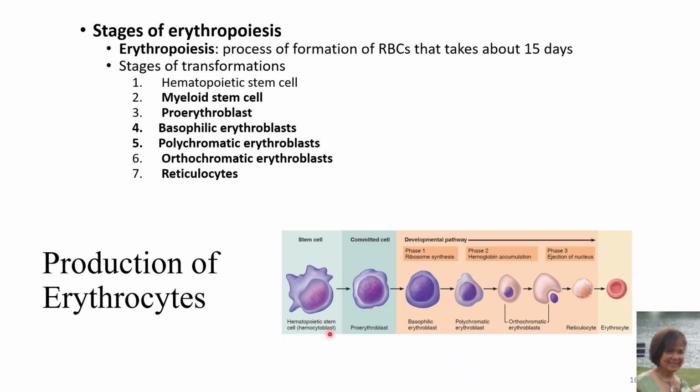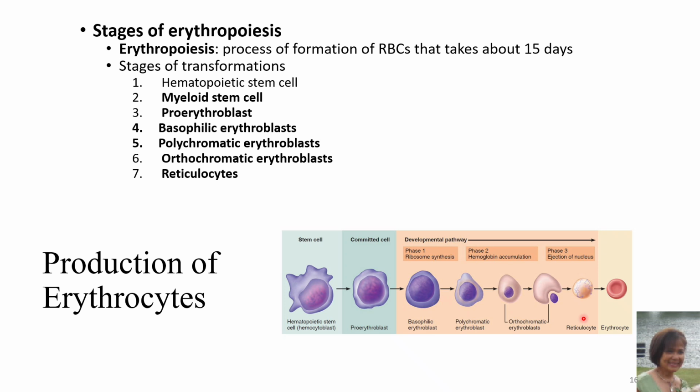And you have here a hemopoietic stem cell, and it is going to be receiving information from the erythropoietin, and the cell, which you call the pro-erythroblast, becomes a committed cell. Once it is committed, it cannot go back to becoming an erythroblast. It has to move forward. It becomes a basophilic erythroblast, then a polychromatic erythroblast, into an orthochromatic erythroblast. And all of this will lead into the formation of a baby red blood cell right here,